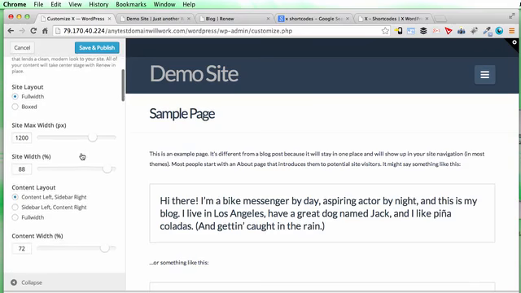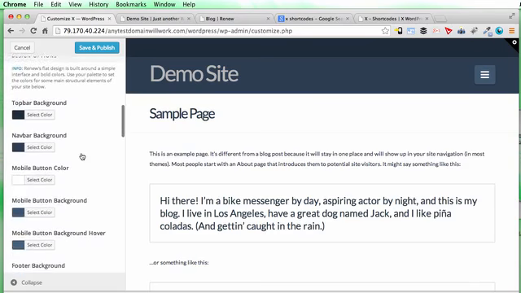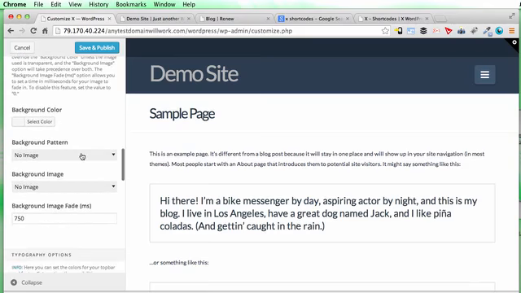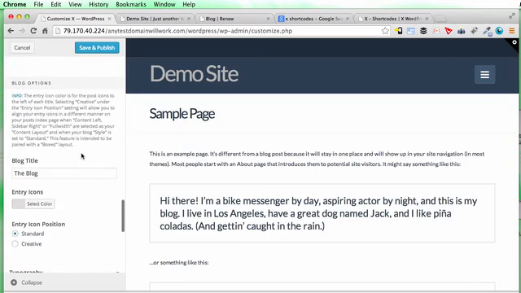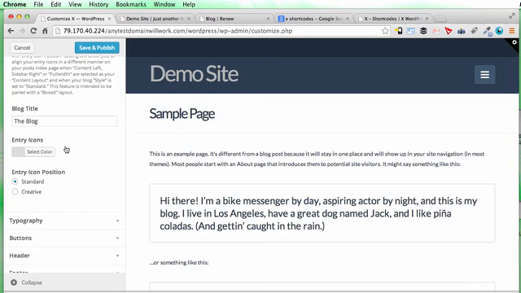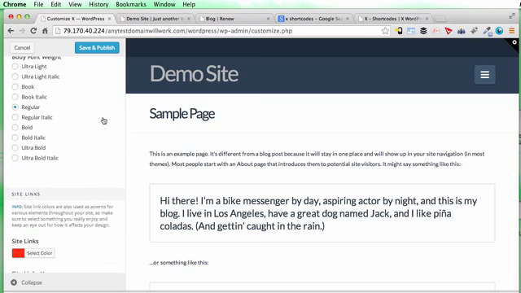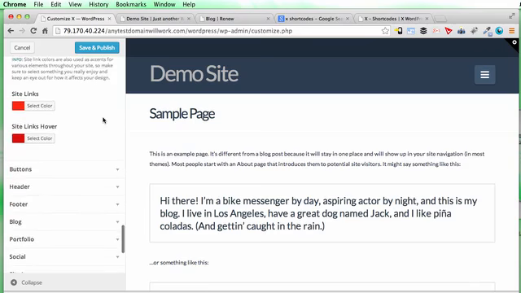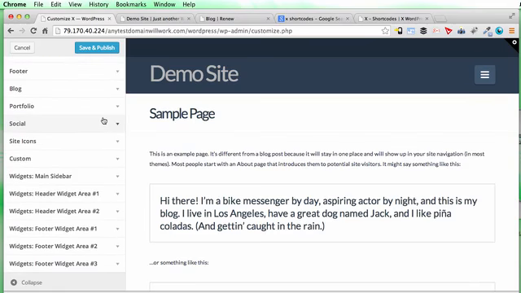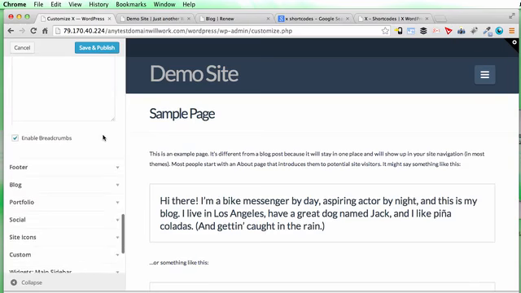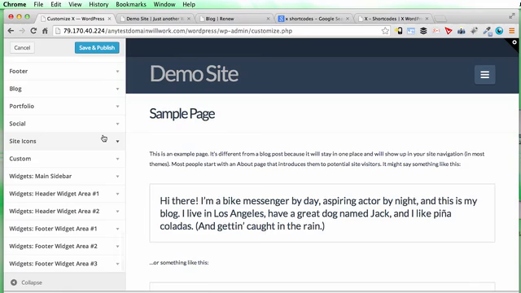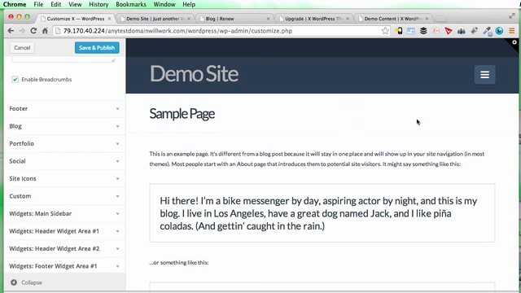and now you can make various choices about the width, colors, padding, etc. Colors of the links, all of that kind of thing, your blog title, etc. Link colors, buttons, pretty much everything you might want to customize, you can do so. So you get the idea. We can edit this as we like and make a great deal of changes to the look of the site. So I'm just going to save my changes there,